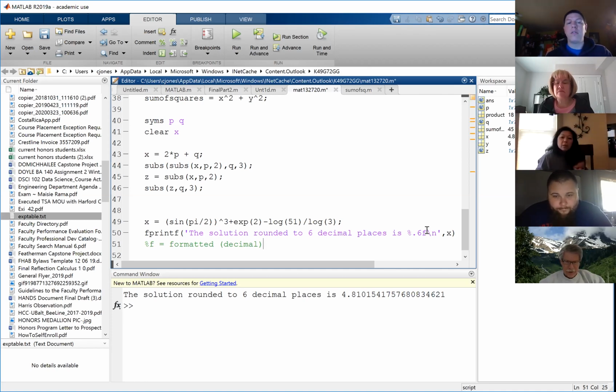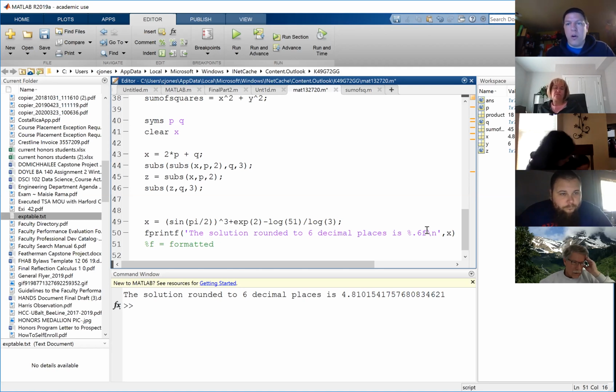It is a floating decimal, I agree, but I think it means formatted. Maybe that's the F in front of printf, formatted print. Yes, it's formatted print. Thanks guys, so you were right. So formatted and then